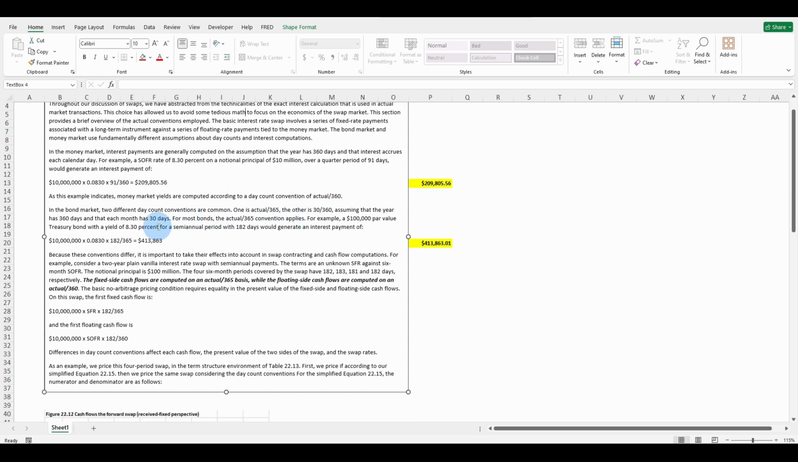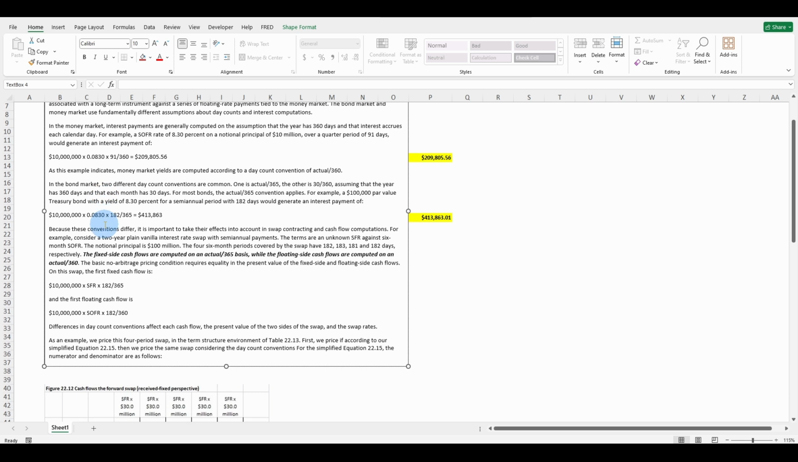In the bond market, two different day conventions are common. One is actual/365. The other is 30/360, assuming that the year has 360 days and that each month has 30 days. For most bonds, the actual/365 convention applies. For example, a 100,000 par value treasury bond with a yield of 8.3% for a semi-annual period with 182 days would generate an interest payment of 10 million times 0.0830 times 182 divided by 365